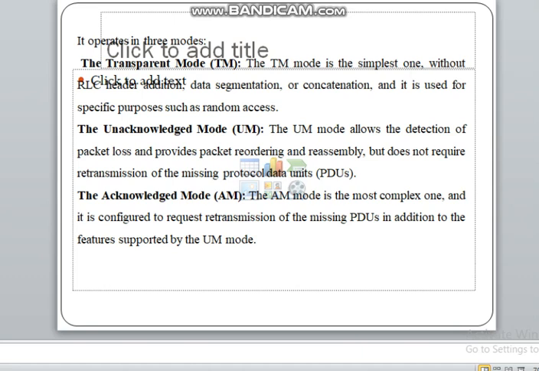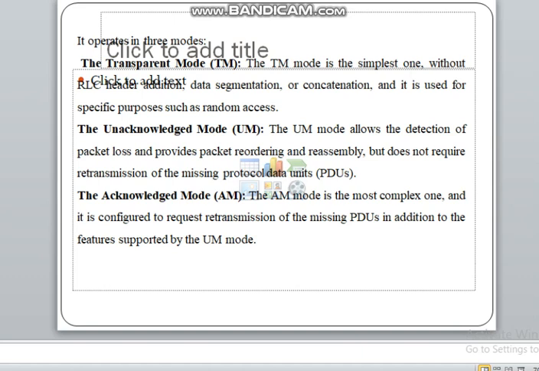The unacknowledged mode allows the detection of packet loss and provides packet reordering and reassembly, but it does not require retransmission of missing protocol data units. So it will detect the packet loss and provide reordering and reassembly, but it won't retransmit.